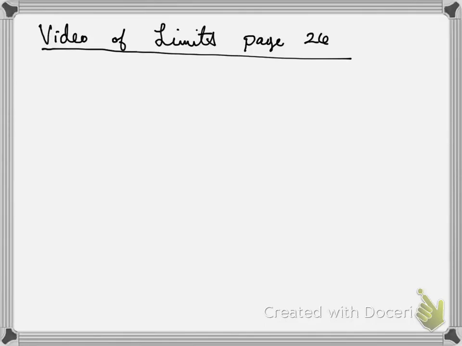Alright guys, so this is a video of limits, page 26, just a mixed review of the problems. Remember, we always want to plug in first if we can. So plug in first. If I get 0 over 0, I may need to go to some of my rules that I have. So your number one, guys, you have the limit as x approaches 0 of 2 sine of